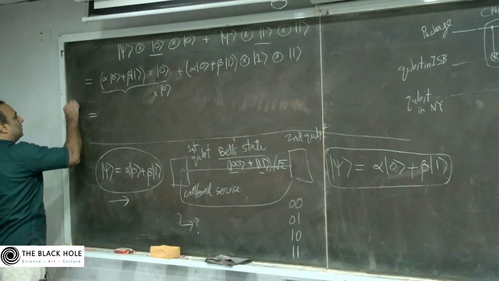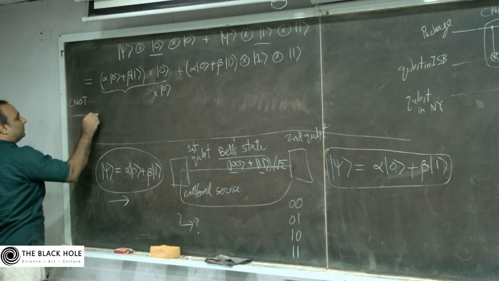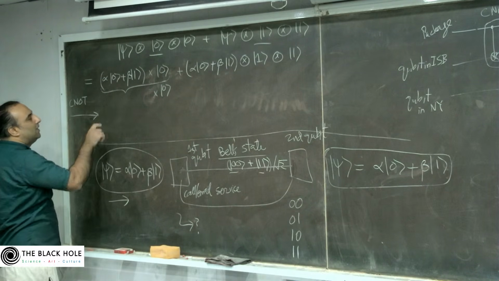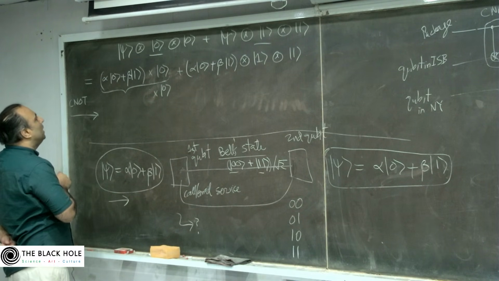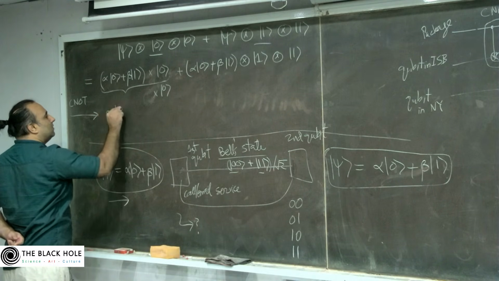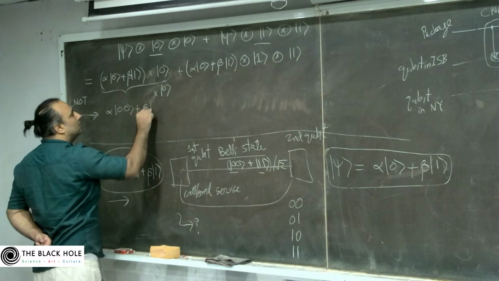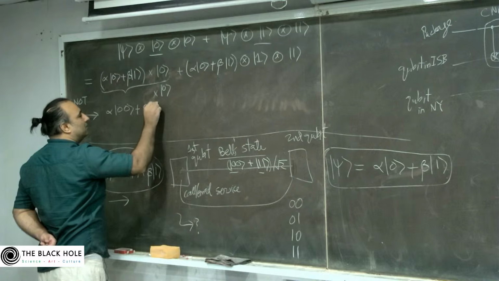So C naught on this state would give us another state, and that state would be